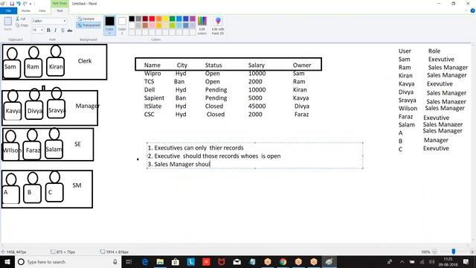Sales managers should be able to see executive records. Sales managers be able to see other sales executive.